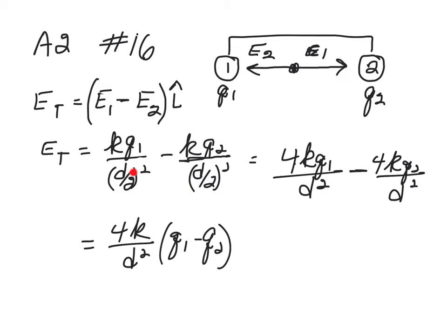This squares out to d squared over 4, and then it's a compound fraction, so you should be able to simplify it to this: 4kq1 over d squared minus 4kq2 over d squared. But this can still be simplified quite a bit by factoring out the 4k over d squared, which leaves just q1 minus q2 here. And now you can put any numbers in there that you want and calculate what the field would be at the center between two charges of any sign. Remember, that'll work for any sign,